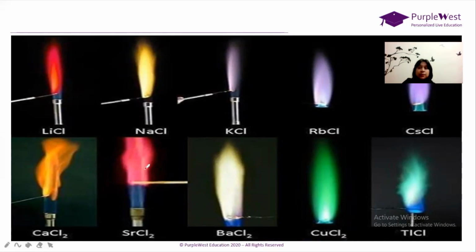After some time, that electron will drop down to its own energy level and give out light radiation, and that radiation in the visible spectrum falls in the blood red color region, and so we are able to see the blood red color in the flame.